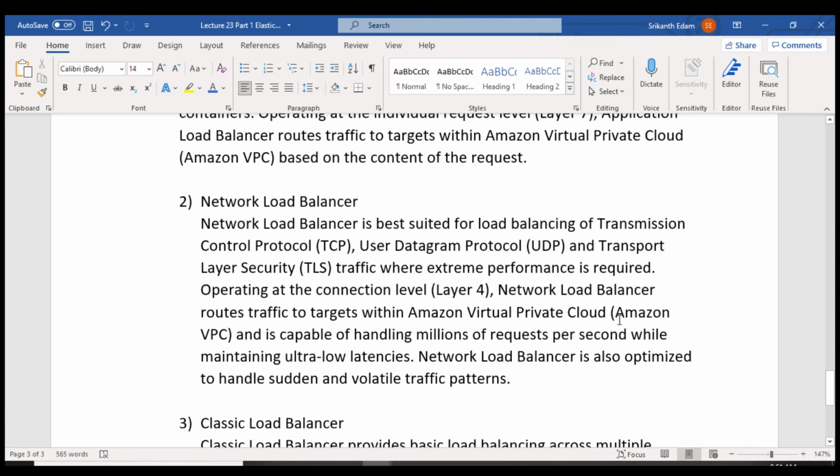So here also it is the same, guys. You configure network load balancer also in the VPC, with the same settings, but instead of application load balancer you are selecting the network load balancer. It is capable of handling millions of requests per second while maintaining ultra low latency. So there will be very little latency, guys. Network load balancer is also optimized to handle sudden and volatile traffic patterns. So if there is any sudden spike of requests, it has the capability to handle them.